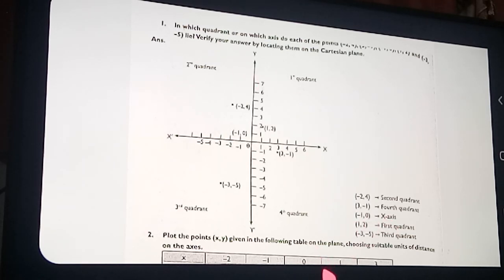And the next point is 1, 2. Take 1 on the x-axis and 2 on the y-axis. Which quadrant? First quadrant. And the next one is the last, -3, -5. The x coordinate is -3 and the y coordinate is -5. In the graph book lines are also there, so you can mark easily. It lies in the third quadrant. So in this way we plotted all the points. Okay, move to the next question. This graph I will explain again in class also.